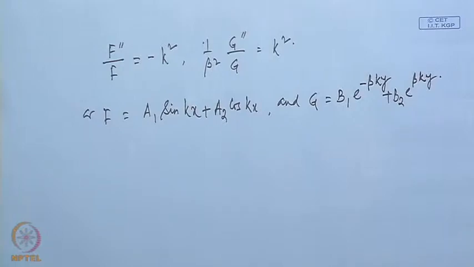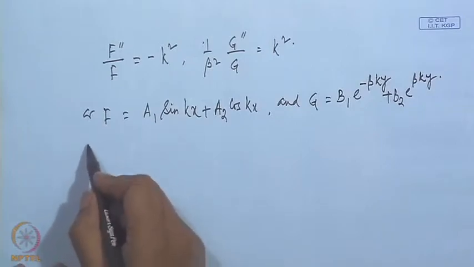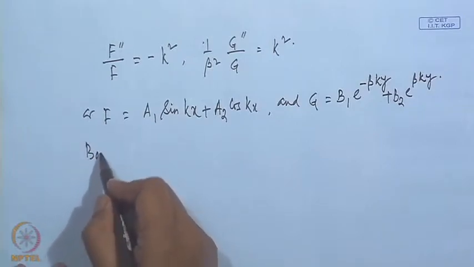Now, the boundary conditions at infinity need that the perturbation velocity components must remain finite at infinity, that is, at x equal to infinity and y equal to infinity. So, the boundary condition at infinity